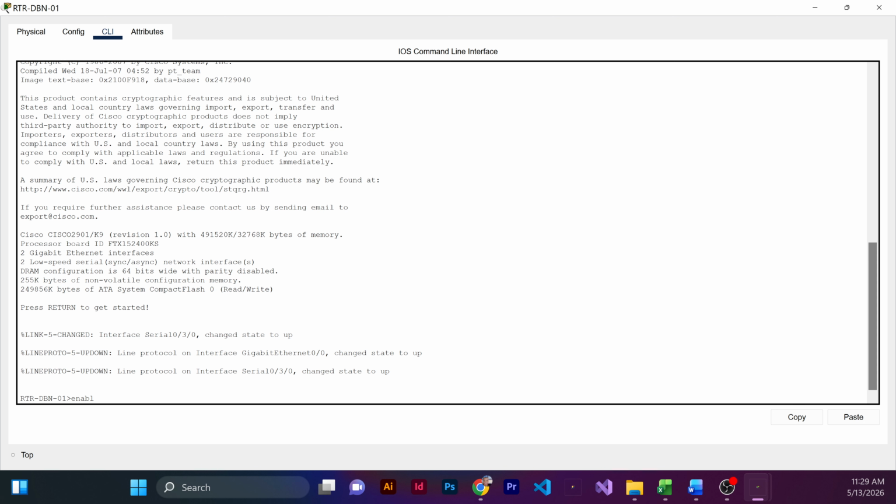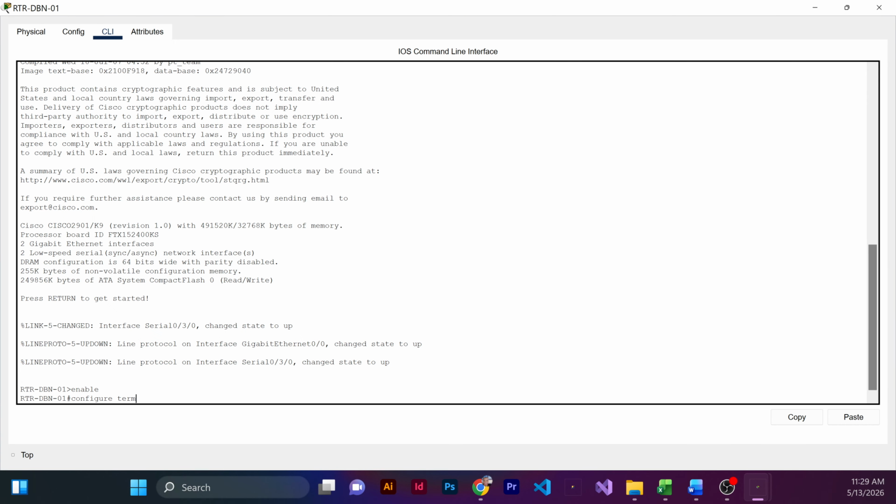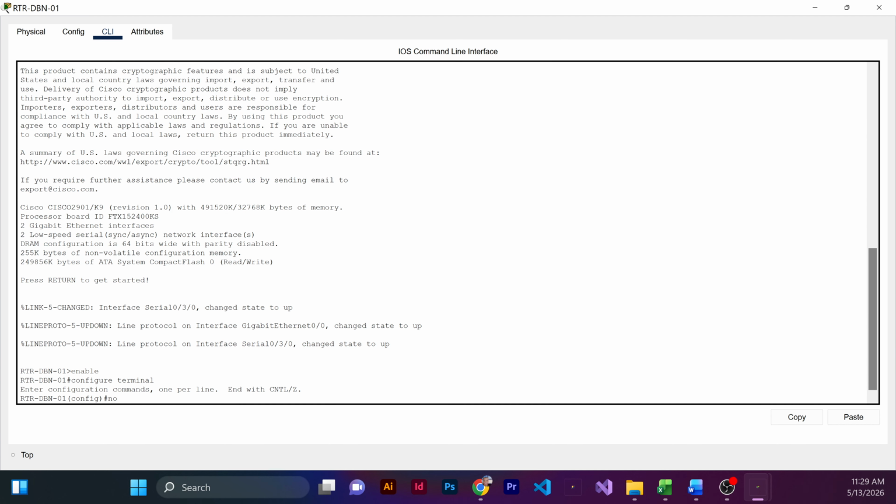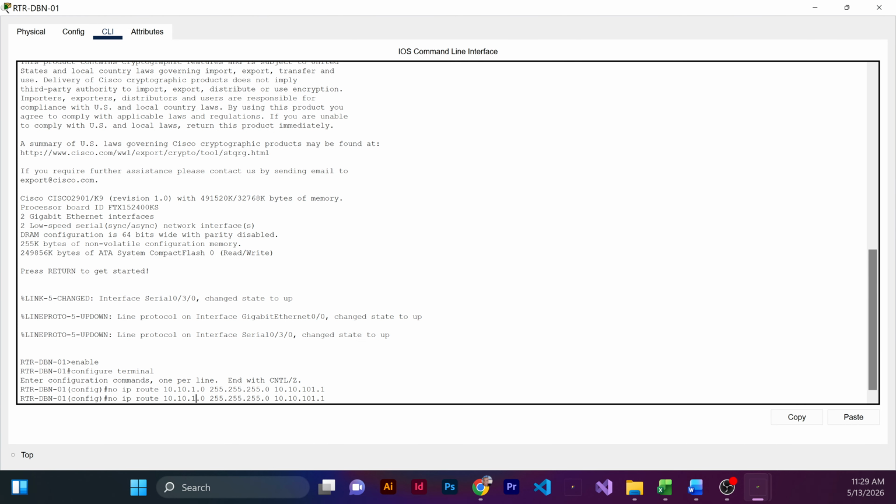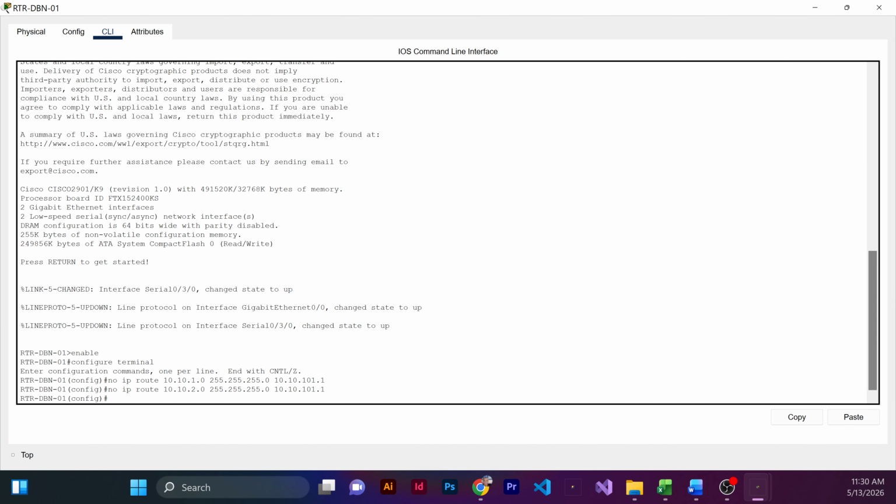configure terminal, and so no IP route 10.10.1.0 255.255.255.0 10.10.101.1, and then do the same thing, 10.10.2.0, and then 10.10.3.0. So we remove the VLANs, and then